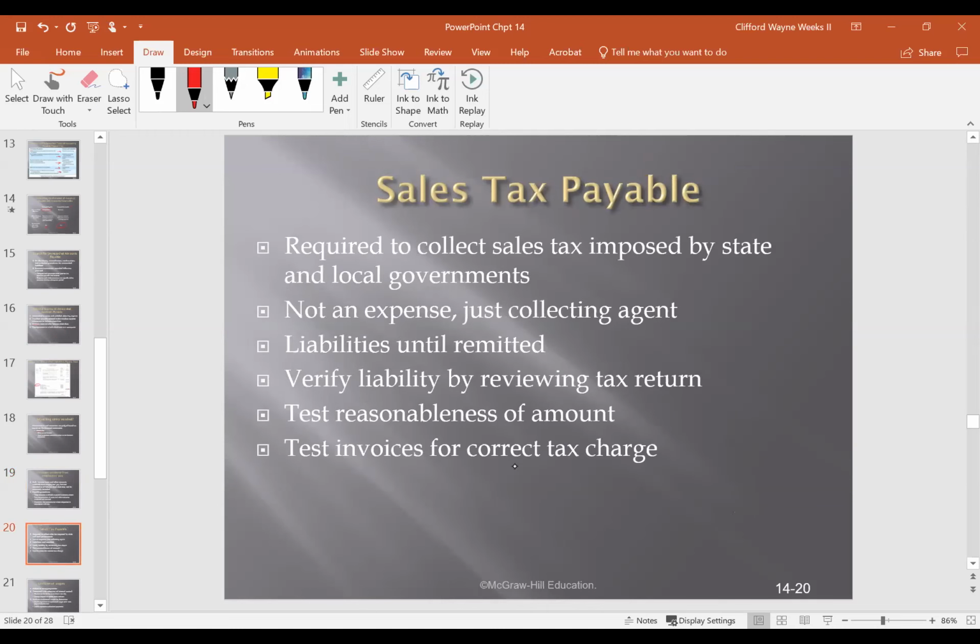Sales tax payable. When we sell something, we also collect the tax. And again, we act as the agent. At some time in the future, we have to forward that money on to the state. So we're required to collect state tax imposed by the state and local governments. It is not an expense. We're just collecting it, acting as the agent. It is a liability until we mail it off to the state. Verify the liability by reviewing a tax return, test for a reasonable amount, and test invoices for the correct tax